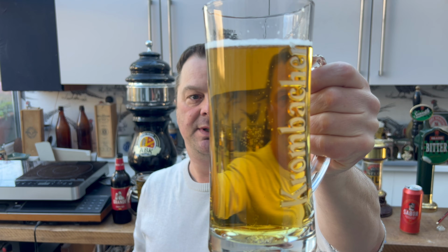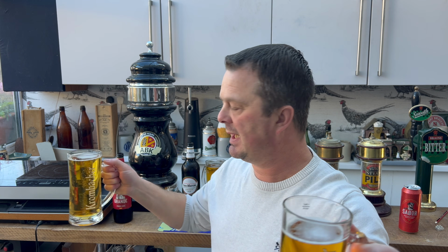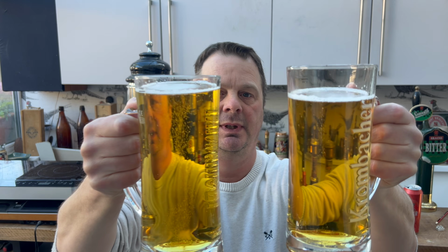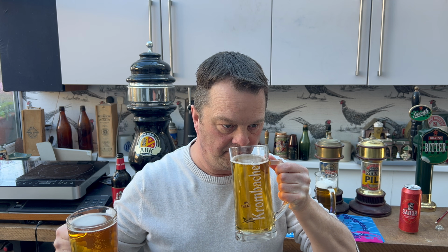Lidl's Sabre. Aldi's Grande. They look very similar, don't they? Aroma, Sabre. Quite nice. Quite nice. A lot of malt, a lot of that kind of...